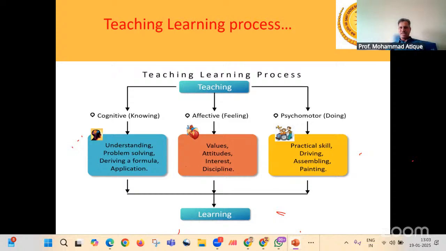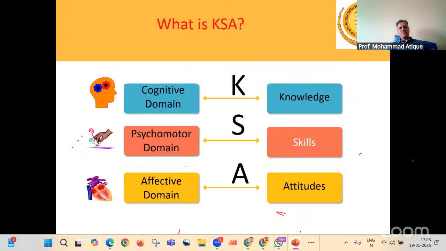That's why, even for science and for arts and humanities, they are now making it mandatory, maybe six months of internship. The policymaker wishes to give due importance to the psychomotor and affective domains of learning, right?